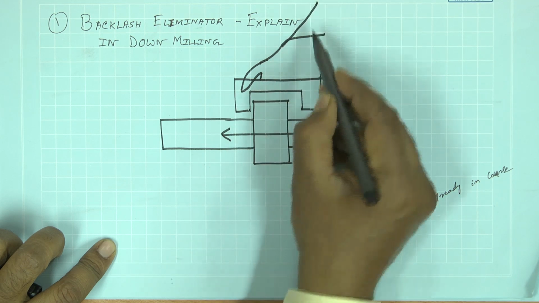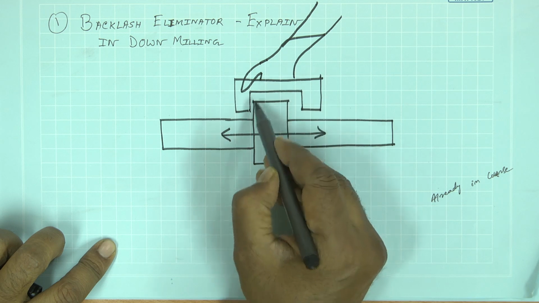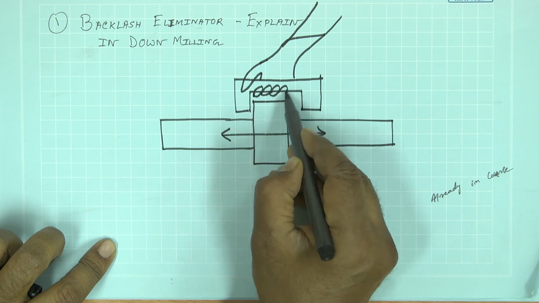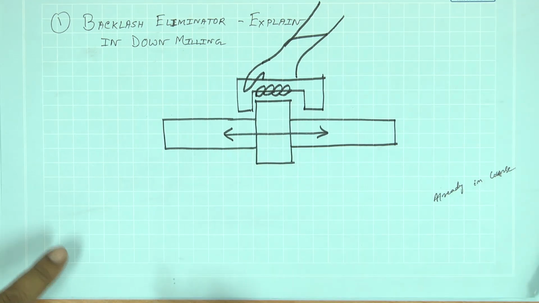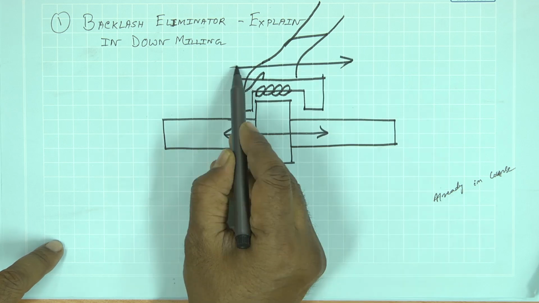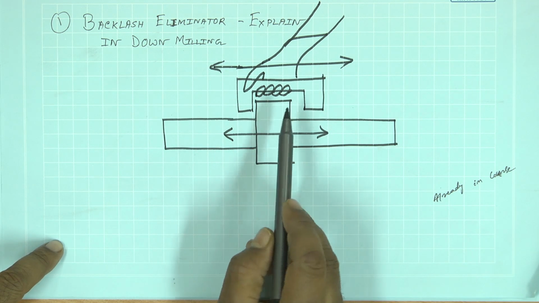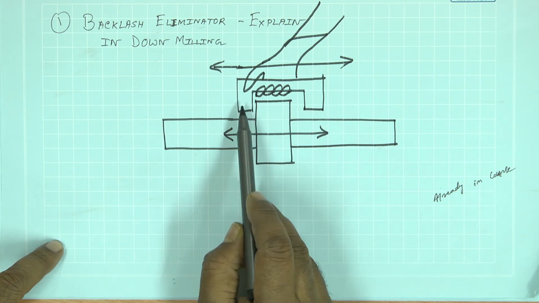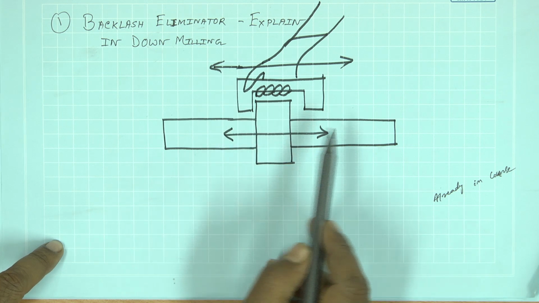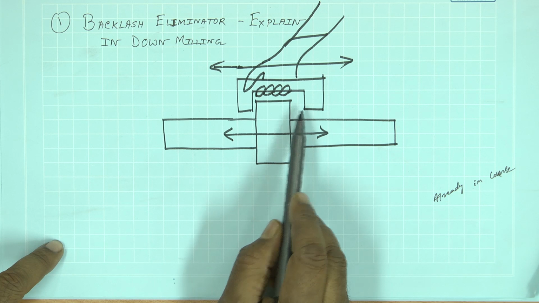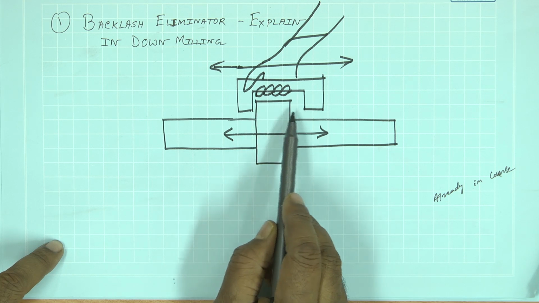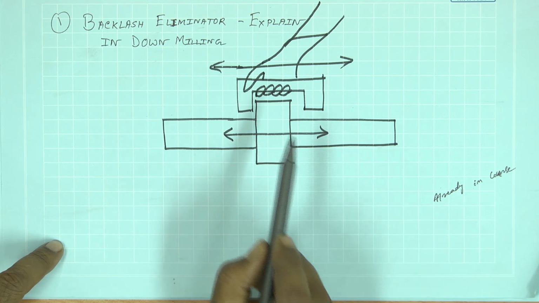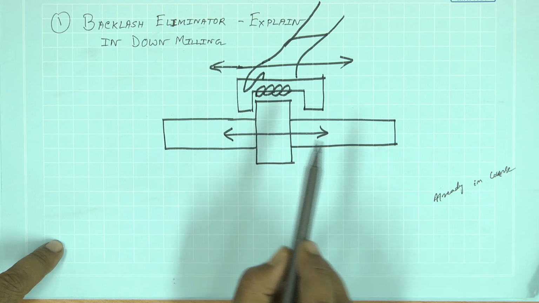Sorry, my hand got a bit distorted. I am having this one moving with my hand. These are the fingers, hopefully you can recognize your hand. So, I am moving this to and fro, but you will notice that with every reversal, since this clearance is more than the width of the collar, you will have some false motion. This is called backlash. Unless you eliminate this backlash, you are never going to be free of this false motion. Same thing with all mating parts which are in sliding motion.